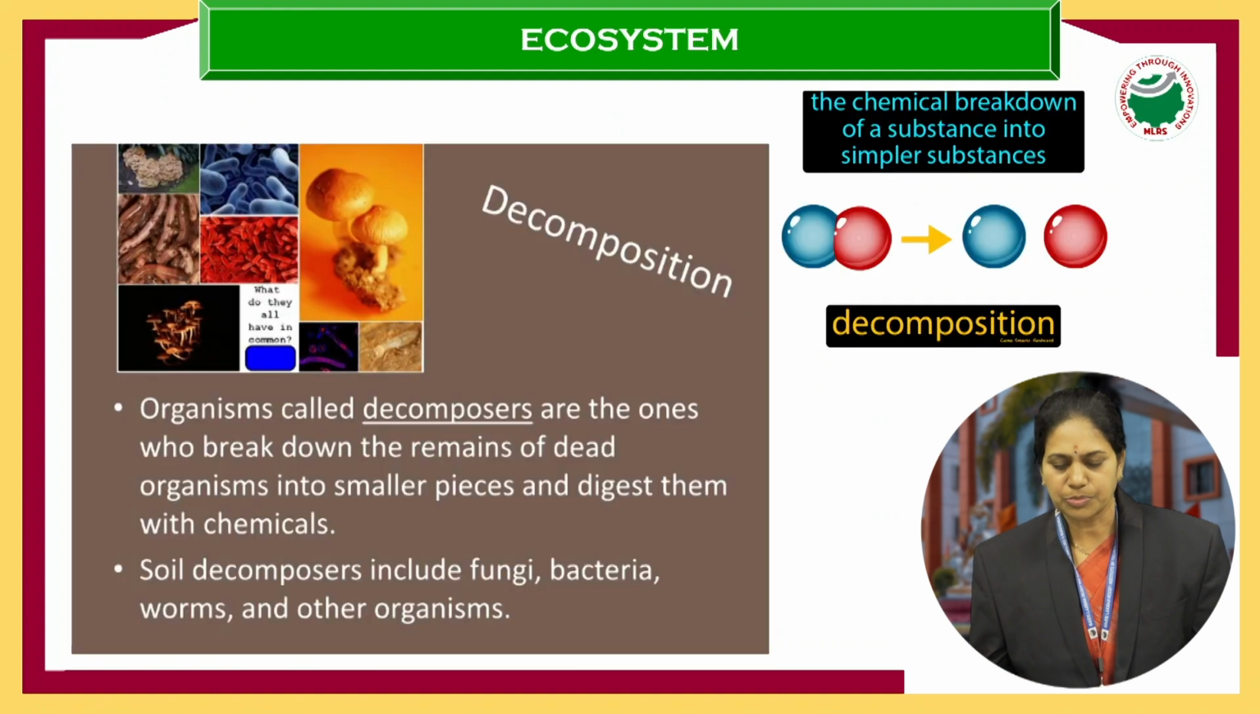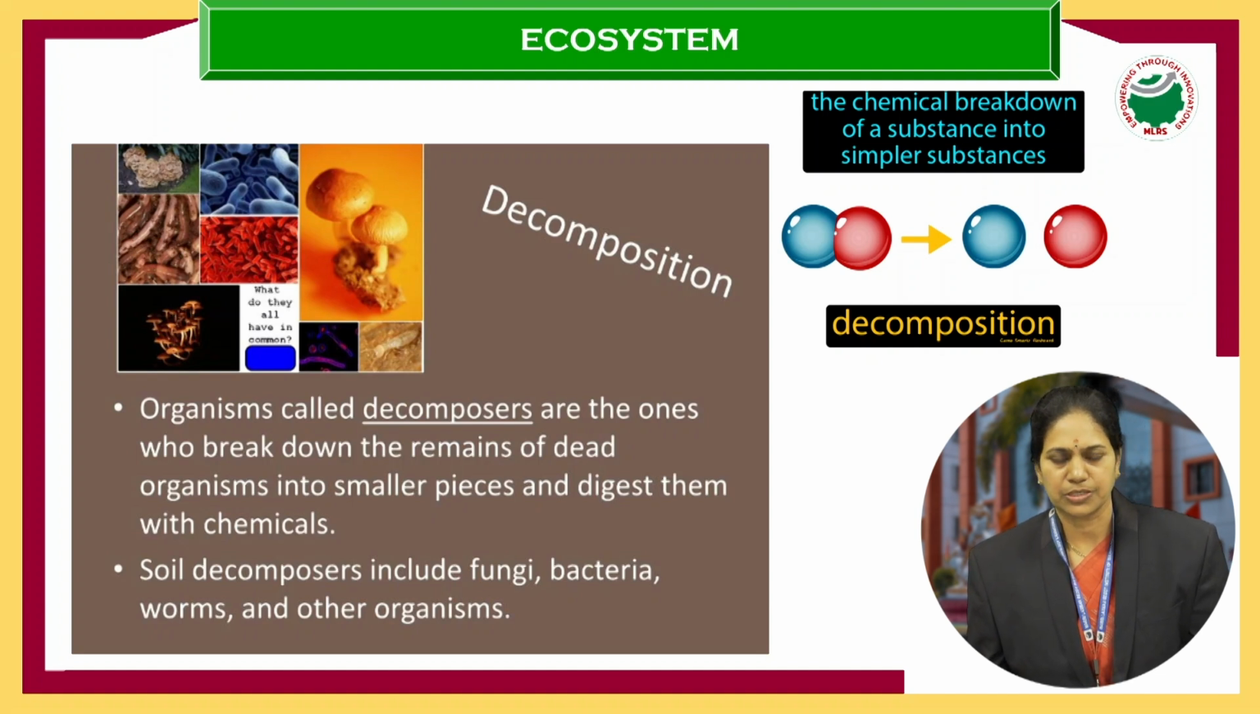Okay, so productivity is of gross primary productivity, net primary productivity, and primary productivity. Then we have secondary productivity. Next, the main function of an ecosystem, one of the main functions,